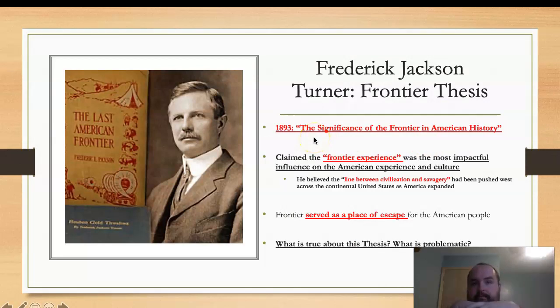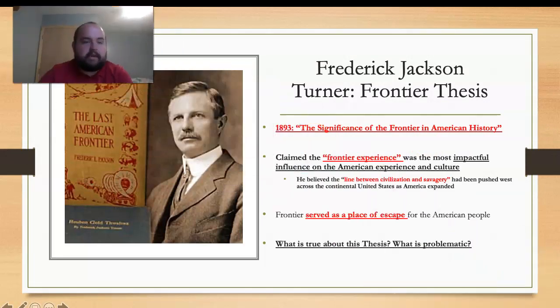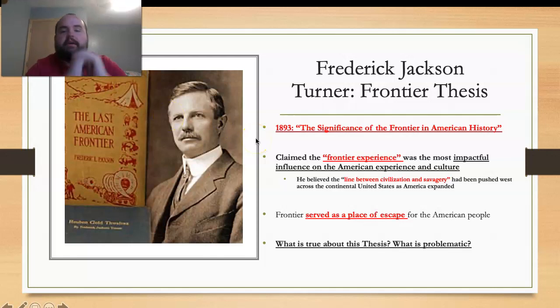In the meantime, let's get into what we're actually going to talk about today. If I can move my annoying face out of the way. There we go. So, to give you an idea of how historians have typically looked at the history of the American West, we're going to look at the infamous frontier thesis produced by Frederick Jackson Turner. This was from a presentation he gave at a conference in 1893 titled The Significance of the Frontier in American